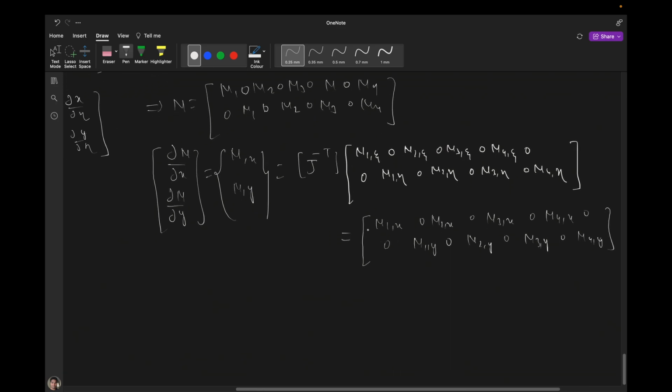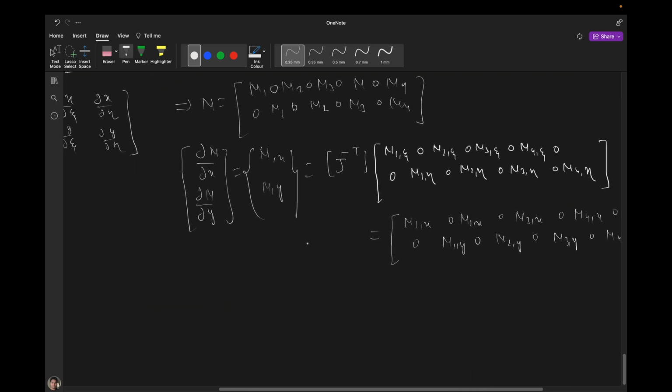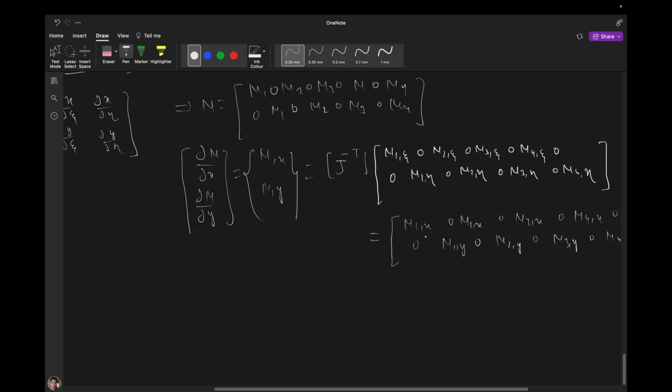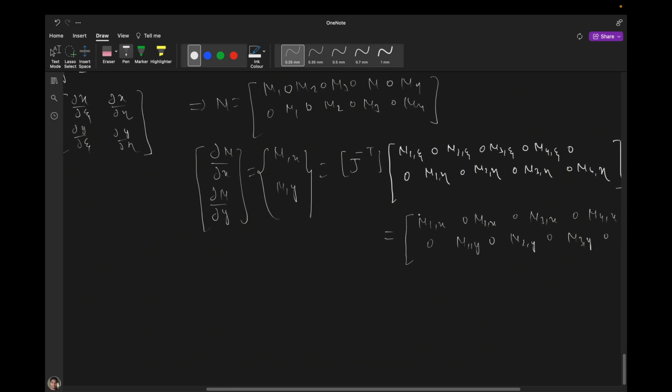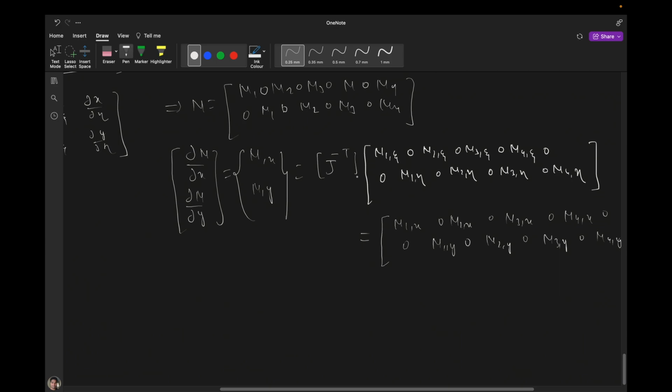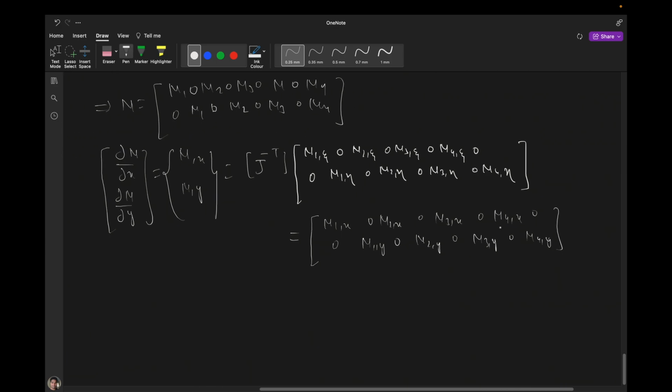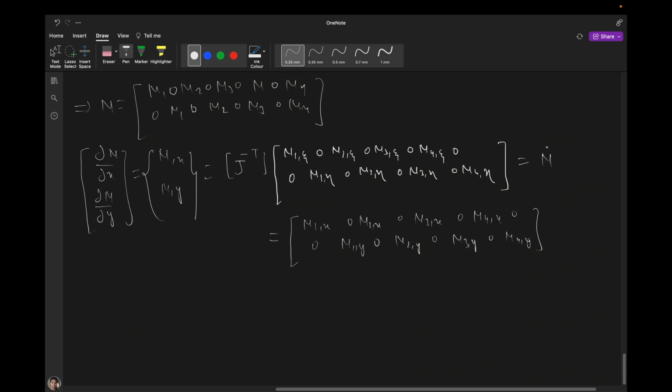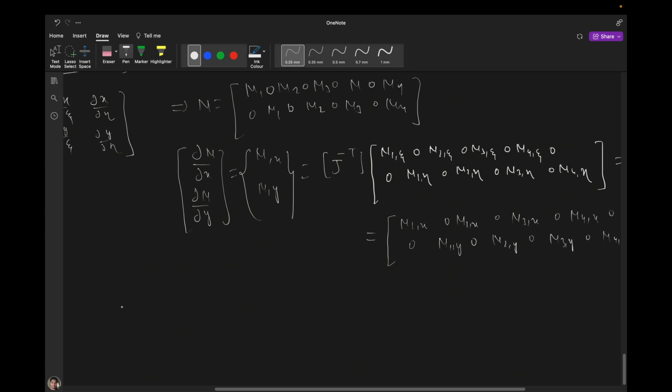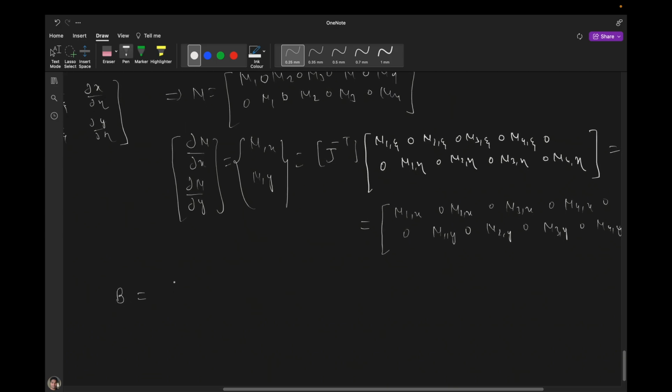Okay, so now, by multiplying with J inverse transpose, we can write this thing as this. Which means that suppose this is some kind of matrix, if I assume this as N double hat, then if I want to write the B matrix, I can write